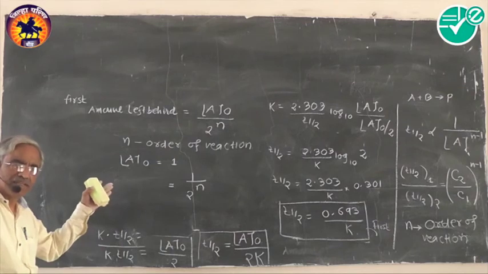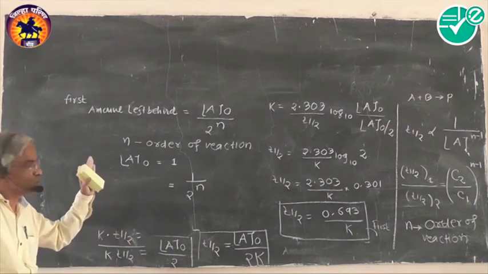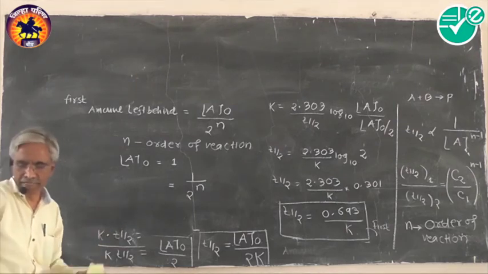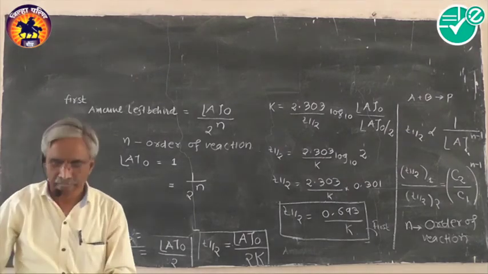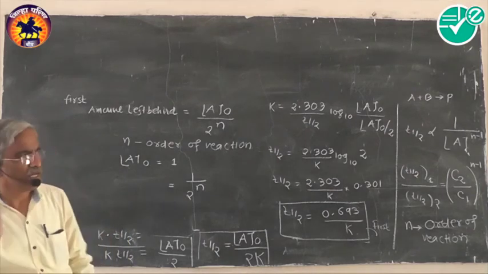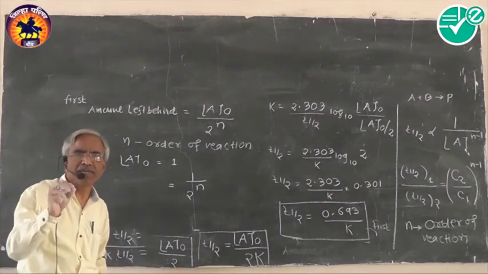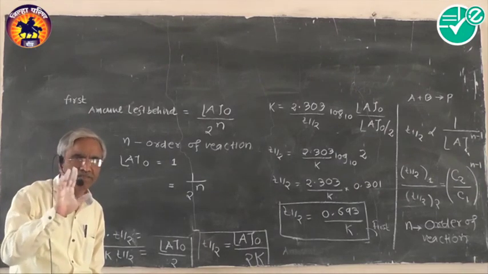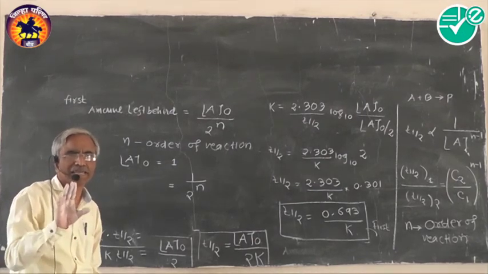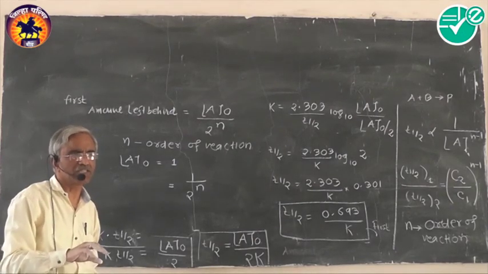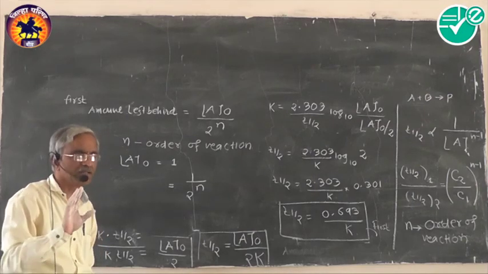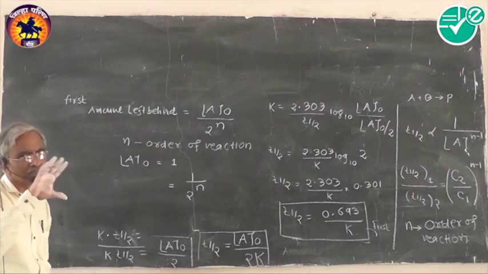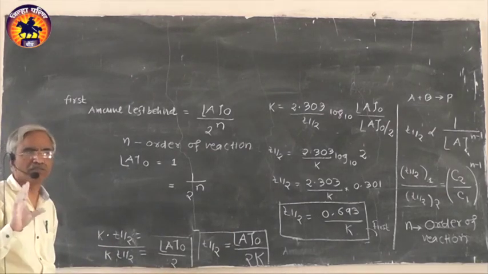mathematically using the integrated rate law equations, using the graphical method, and the third one is the half-life method. Therefore, in science, even after experimentation, nothing is concluded simply in one way, but it is to be concluded by different ways. Completing the experiment one way, then calculating it using an integrated rate law equation, then confirming it with a graphical method, and then confirming it with a half-life period. So by all these different methods, we study the order of the